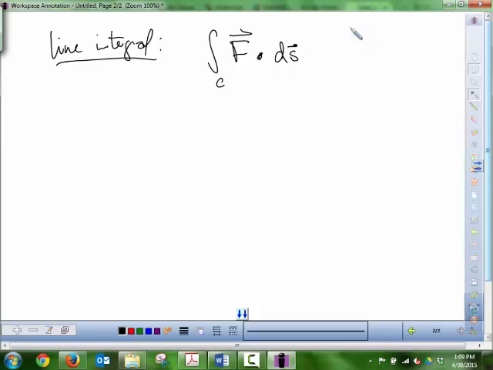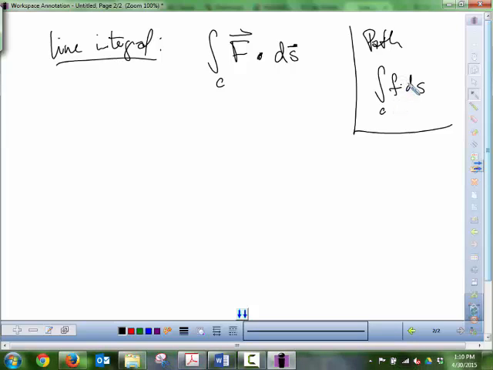Now notice how that's different from a path integral. A path integral doesn't have an arrow on top of the s, and the path integral takes a scalar function. So if you want to think about it, this is really just a multiplication, right? And then the other thing is that the ds that we saw in the path integral, you need to parameterize c, so the ds is actually,